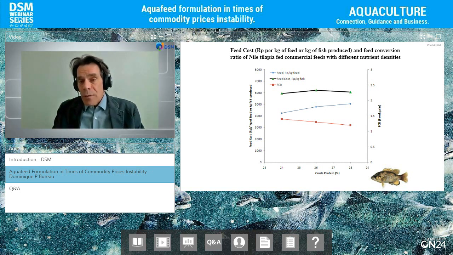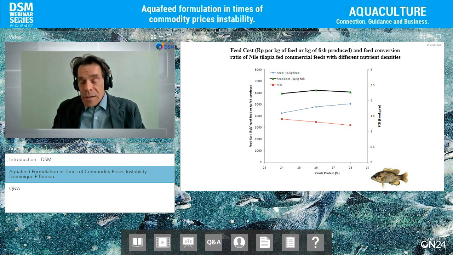So let's say you arrive at a condition where high protein ingredients are extremely expensive. Lower protein ingredients are a lot more affordable. There's more of a price differential. Well, you can potentially reduce the nutritional specs of your feed, right? You will expect higher FCR, but your cost of feed could decrease. And in some scenarios, that might be a win-win situation.